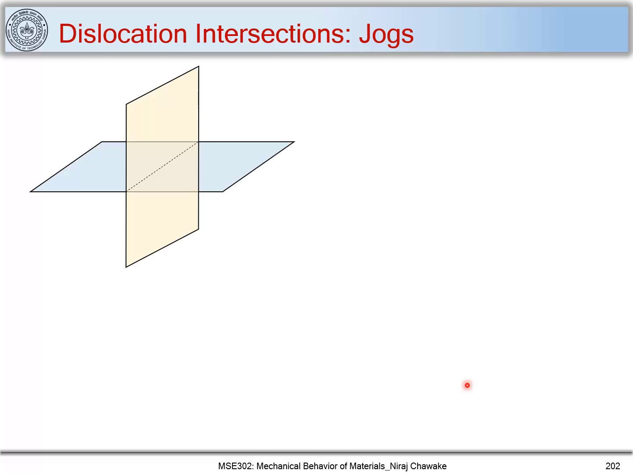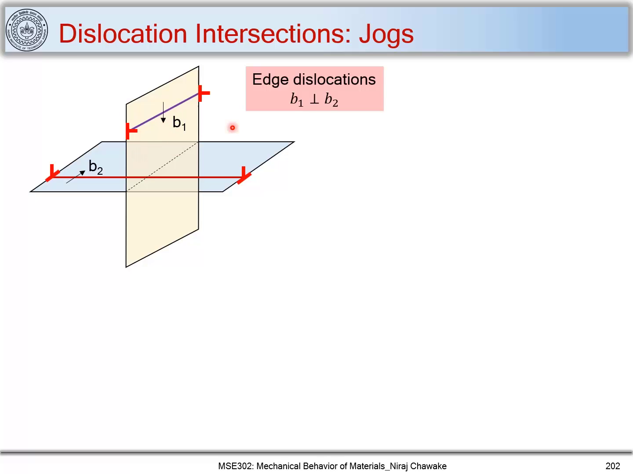So let's consider these two planes and let's consider an edge dislocation with a Burgers vector pointing in this direction, and let's consider another edge dislocation in this slip plane with a Burgers vector pointing down. If you look at these two cases carefully, you have these edge dislocations having Burgers vectors b1 and b2. So these Burgers vectors b1 and b2 are perpendicular to each other. Now when these two dislocations intersect, how will they intersect? Let's see: this one moves along this direction and this dislocation moves down. And when it intersects, the rule says that